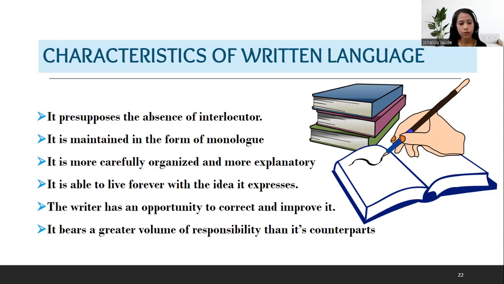The next good characteristic, class: the writer has an opportunity to correct and improve it. Okay, correct. So when we are writing, we have Grammarly and the autocorrect in Microsoft Word. If you want to paraphrase, we also have QuillBot. If we want to paraphrase our words or our English, we have QuillBot. We want to improve our essays, so we can use those platforms. But when we